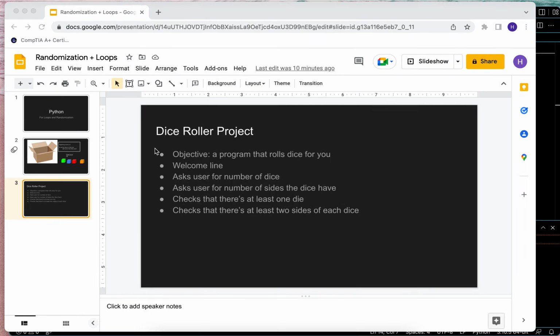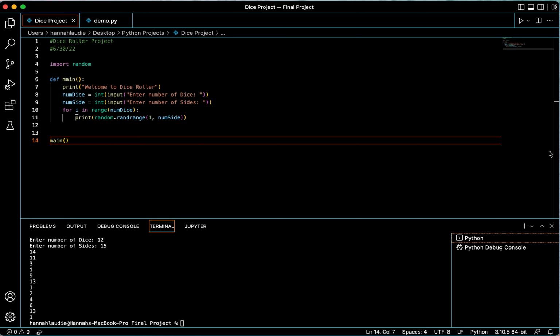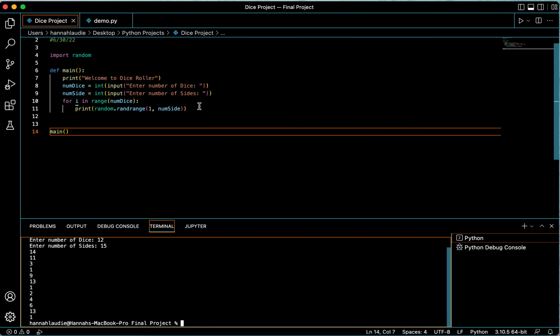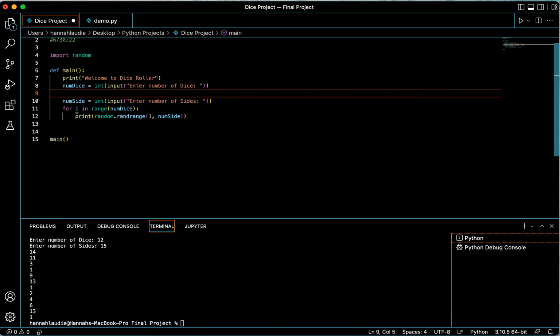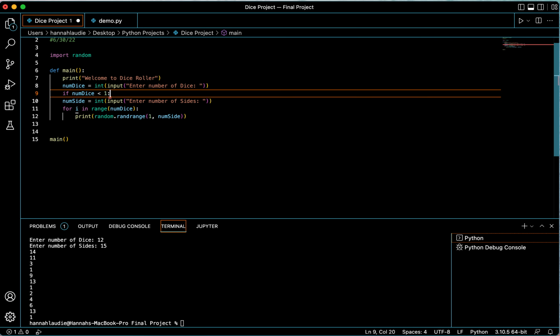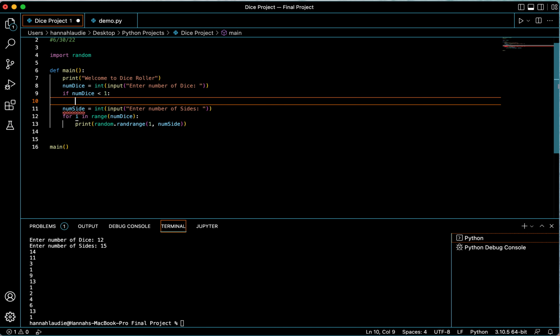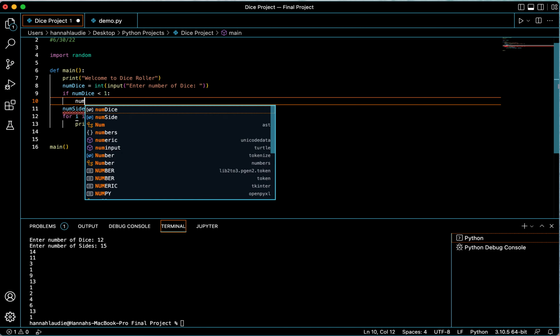And then what's next? This asks to check that there's at least one die and check that there's at least 2 sides of each dice. So we'll just put if statements under here. So if num dice is less than 1, print no. We would want to say num dice